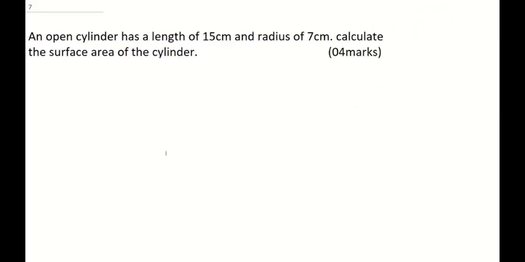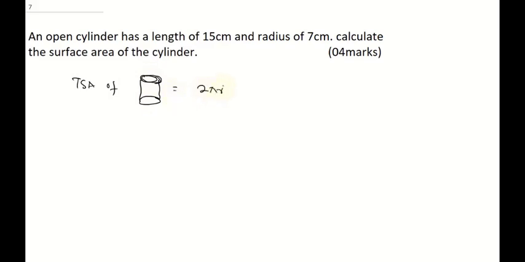Now the next question says an open cylinder has a length of 15 cm and radius of 7 cm. Calculate the surface area of the cylinder. Now in order to solve this question, for the total surface area of a cylinder, assuming the cylinder is closed, the surface area would be